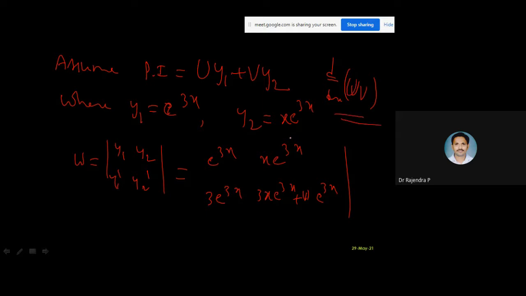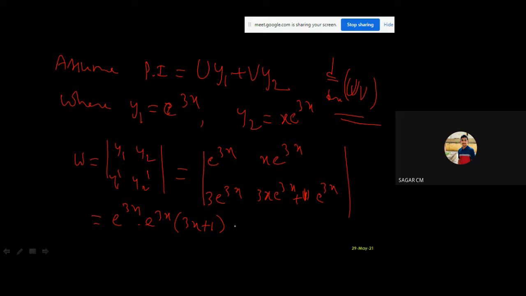I hope everybody knows that, because two functions are there, so while doing differentiation I have to apply it like this. This is 1, this is 1. You need not write it, but for your understanding it is better to write. So in the bracket, if I multiply this with this, e power 3x into e power 3x, e power 6x. Can we take e power 3x common from the matrix? Exactly, you can. E power 3x into e power 3x, e power 6x will be there, and from this I can take e power 3x as common, then it will be 3x plus 1, correct?